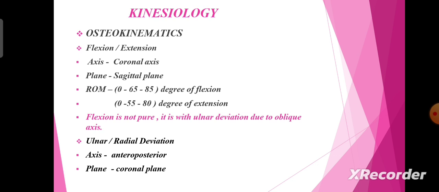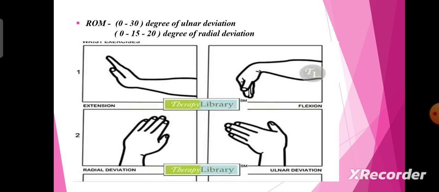sagittal plane. The normal range of motion of flexion is about 0 to 85 degrees, and extension is about 0 to 80 degrees. Flexion is not pure, it is combined with ulnar deviation on an oblique axis. So ulnar and radial deviation occur in the anterior posterior axis and in the coronal plane. And the range of ulnar deviation is about 0 to 30 degrees normally, and radial deviation is about 0 to